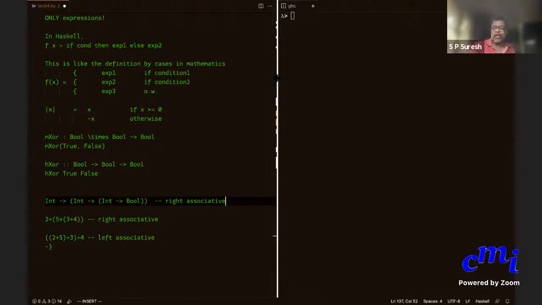Okay, good. So this is right associative, and associated with this, you will say that a function.